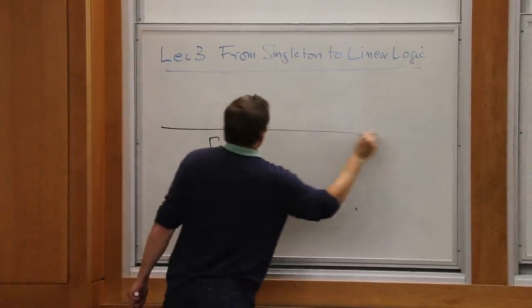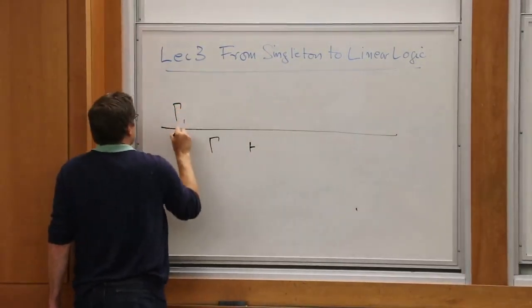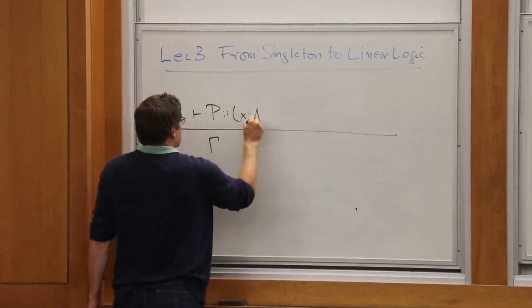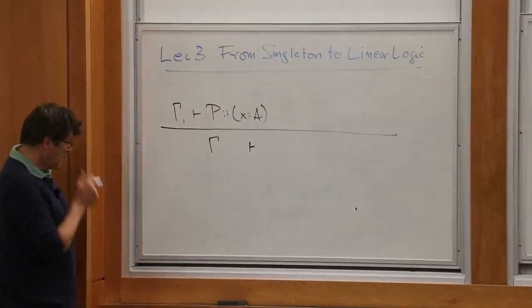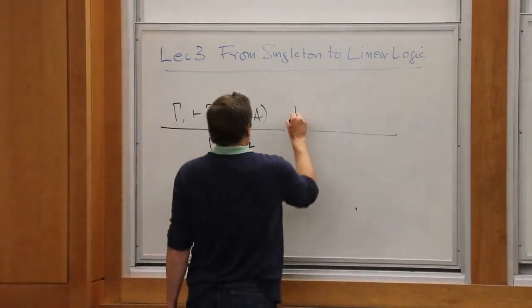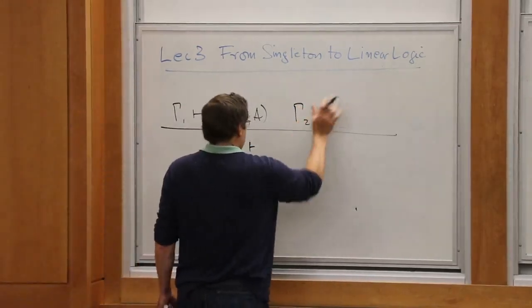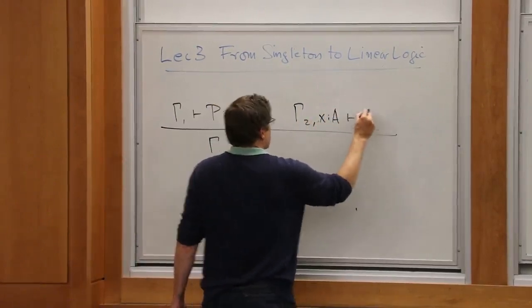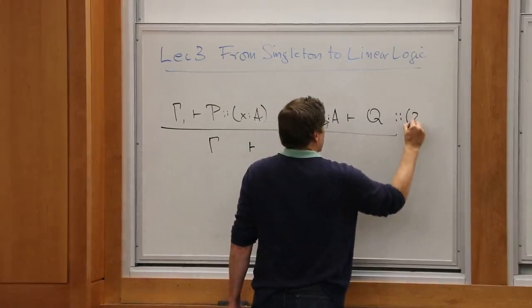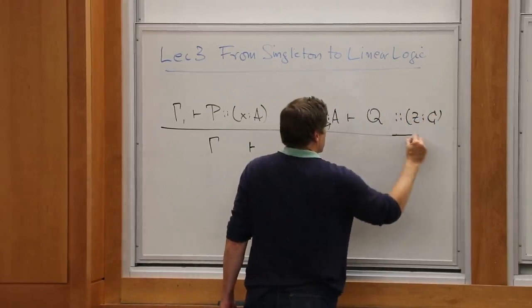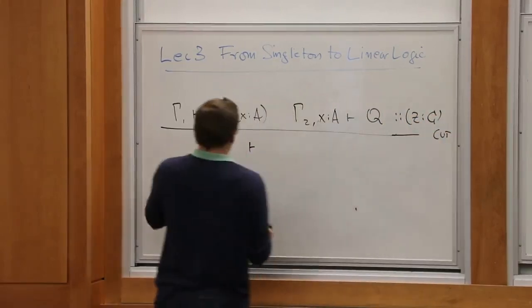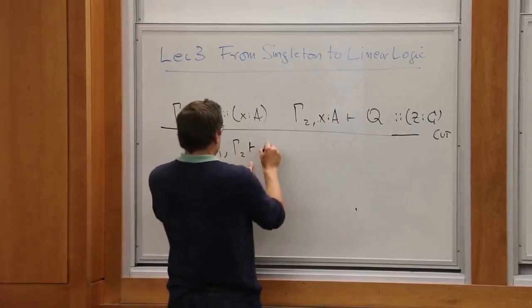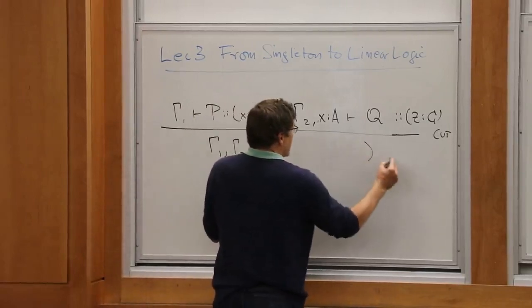We have a context gamma 1 and we have a process P, which offers along channel X of type A. And then we have a client which uses the channel X of type A to provide Z of type C. And then after the cut, what you get down here is gamma 1 together with gamma 2. And then you get the parallel composition